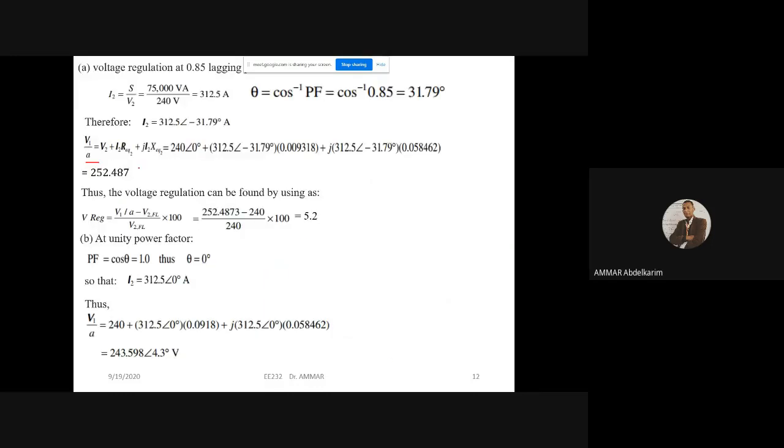So this voltage equals what? It equals V2 plus the voltage drop. The voltage drop is I2, the current, multiplied by the impedance. I2 equals what? I2 can be determined from the apparent power, S. So we take it as a rule: the apparent power is the secondary apparent power over V2. So I2 equals